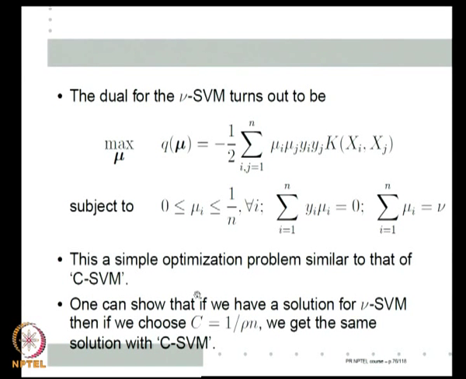One can also show that this is not any approximation like the previous one I considered. Suppose you have a solution for nu SVM, and ultimately once we solve, we will not only get mu's, but also get rho, and let us say the rho is strictly greater than 0, that is what we mean by a solution for nu SVM. Then I go back to the old SVM formulation, there I choose C equal to 1 by rho times n, where n is the number of examples. Then one can show that you get the same solution with that old SVM algorithm as you got for nu SVM.